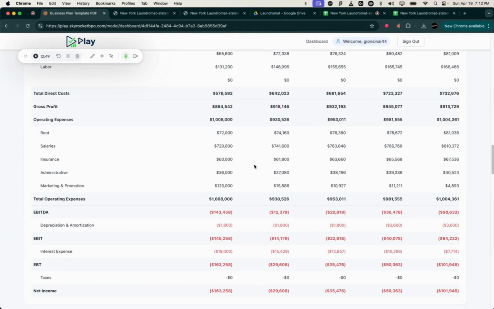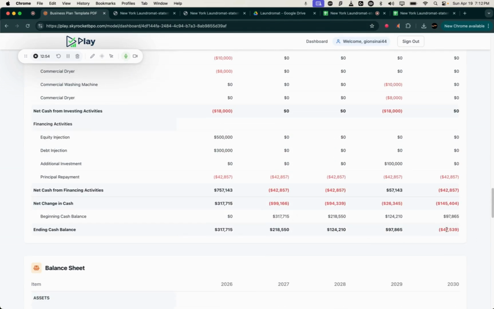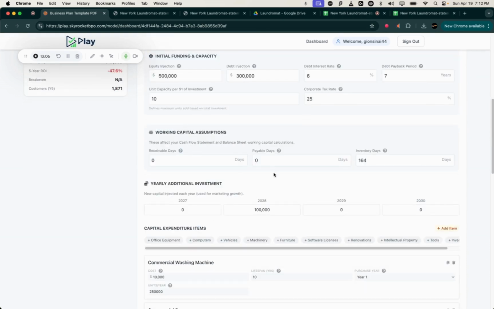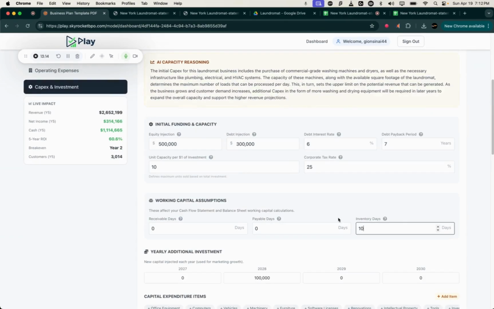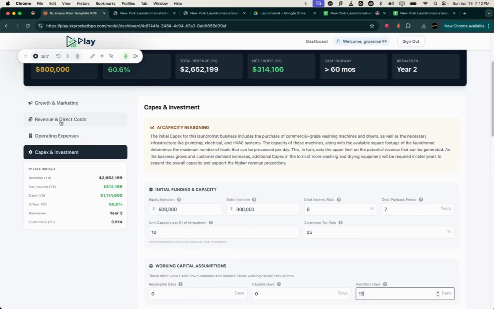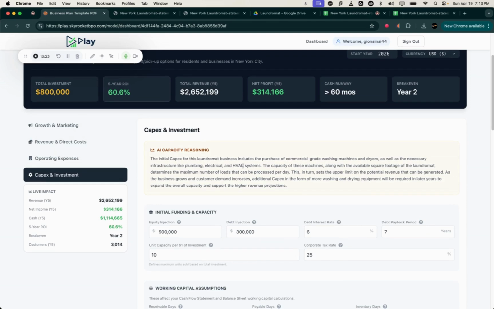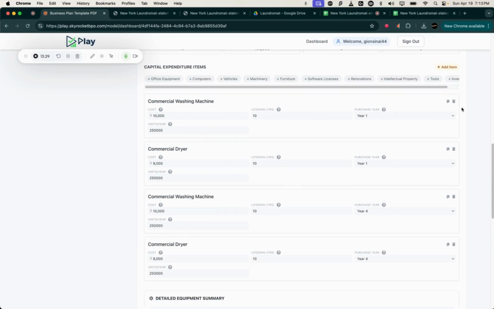As you can see, it has already turned negative, because if you have 150 days of inventory, over time your business is going to be unprofitable, and your cash balance will go to negative. So as you can see, net profit has changed significantly in here. So let's change inventory days to like 10 days. It's again profitable. So as you can see, whatever changes you make in here is very easy. You just have to follow these 3 tabs, and everything else will be taken care of in the back end. If you don't agree with any of the capex items in here, you can just remove them and add